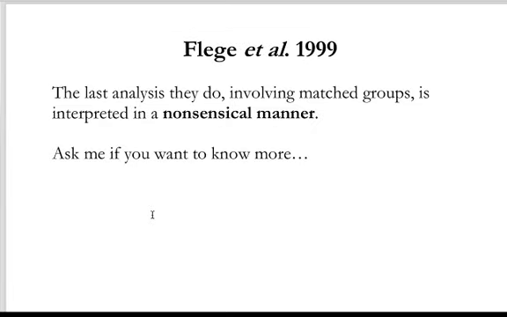Last thing here that they do involves these matched subgroups, where we find, hey, here are people who have been in the country for roughly the same amount of time, but a mismatch for age of acquisition. Here's a subset of people who came to the country at the same age, but they've been here for different lengths of time. Let's look at these subsets and see how robust these differences in AOA versus the confounding factors are in these subsets.